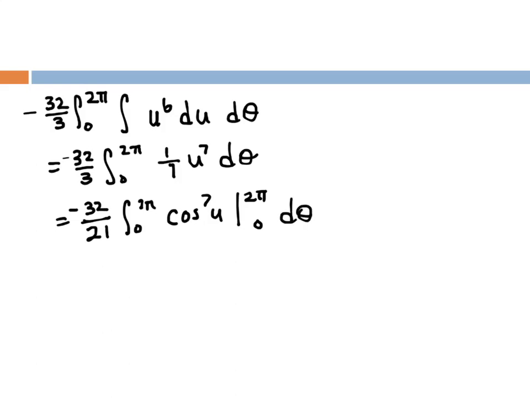All right, so now we're going to integrate, or not integrate, but evaluate cosine to the 7th of u. So when I put in the 2 pi into cosine of u, I actually get 1, and of course it's 1 to the 7th, this is 1 minus. When I put in the value of 0,